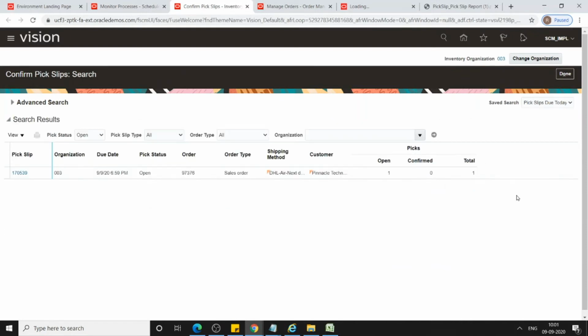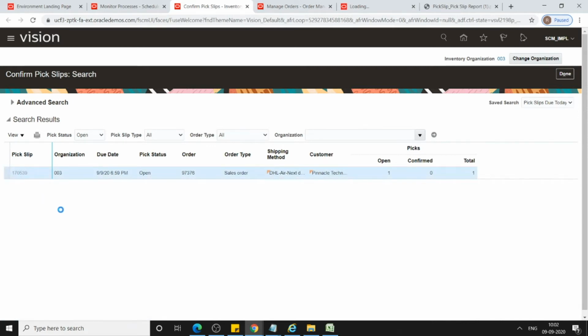The date appeared here because of the saved search, like pick slips due today. When you are searching, you can save a particular search. These are the search results. This is my pick slip number, and the picking status is still open.